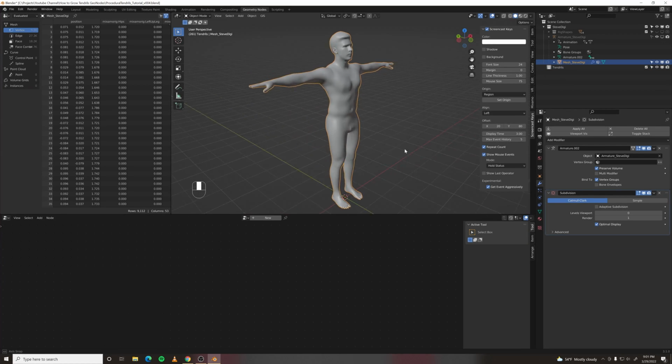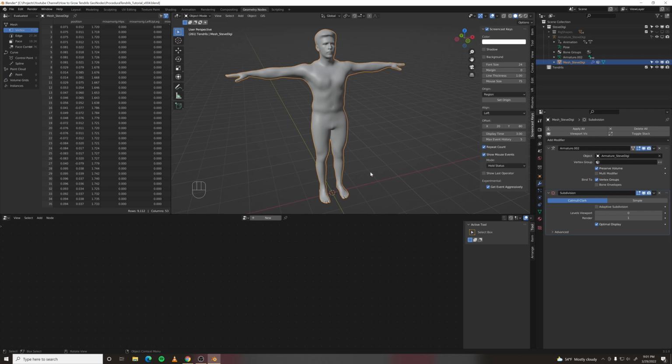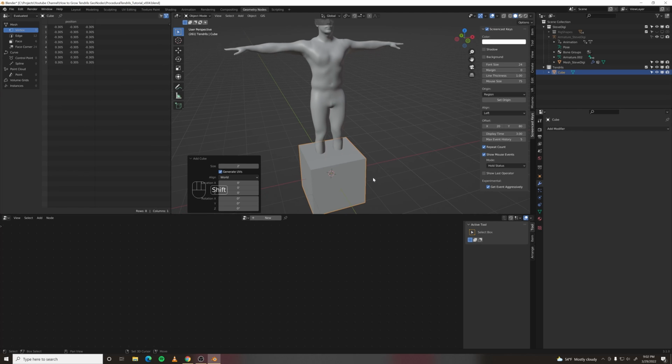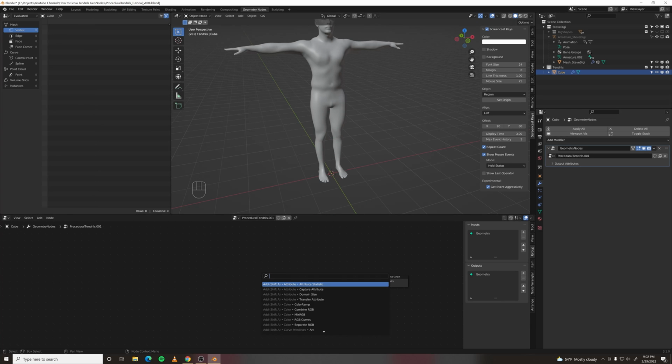I've got a simple human mesh in here on which to grow our tendrils. And the first thing we want to do is make our source object. So let's make a cube. And this will have the geometry nodes attached to it. Let's call our system procedural tendrils. And what we want to do is get rid of this geometry input, and we want to generate a mesh